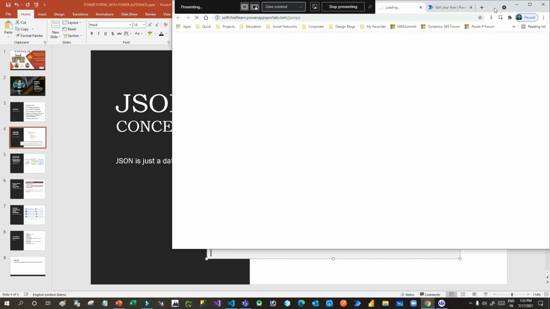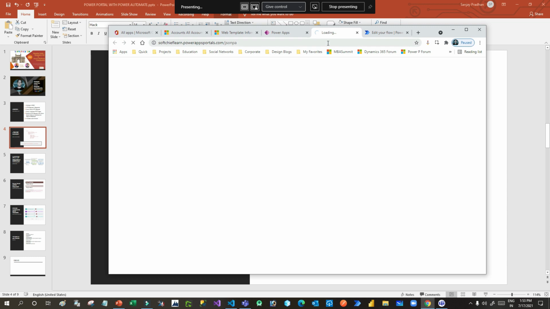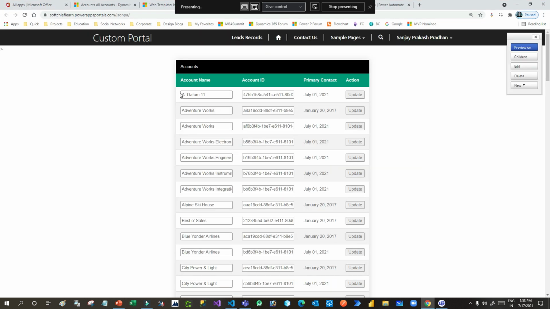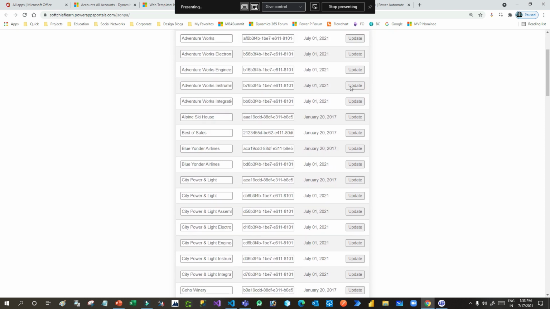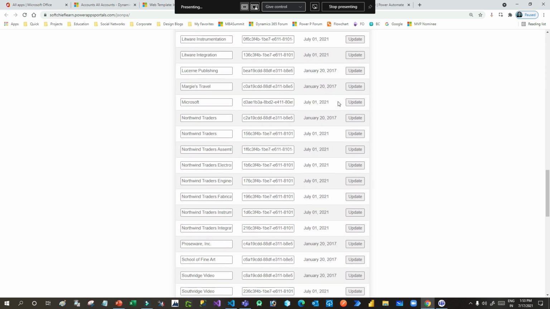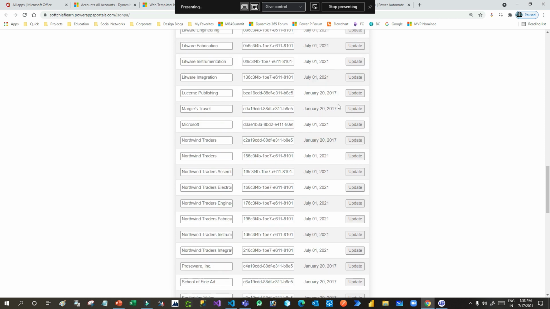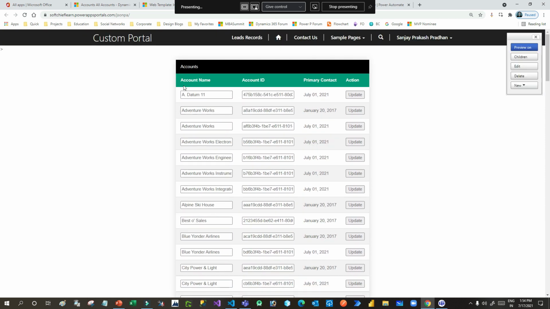Okay, so let us see how it looks. So it is trying to load. Can you see that these are all account data, and this data is retrieved because of the fetch XML I have used, and I have displayed it in tabular form.